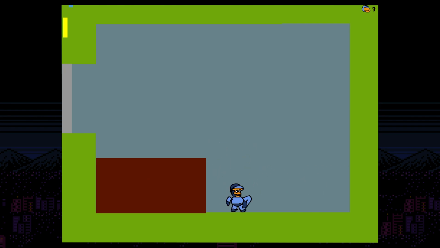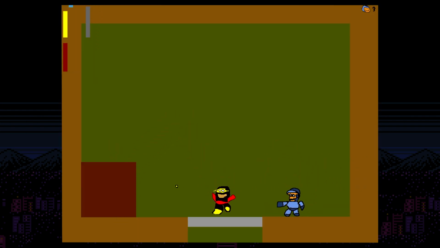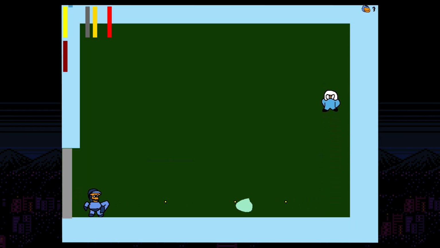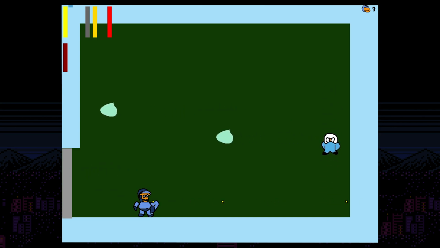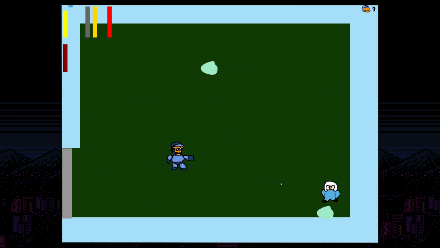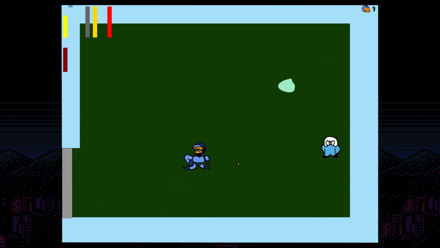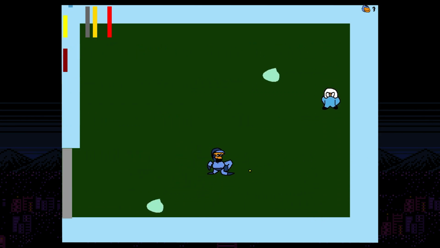Cutman is just like the original and super easy. Lect Mem has a hiding spot in his boss battle for some reason, and Ice Mem is literally just a one-to-one replica of Ice Man from Mega Man 1, and I honestly have no idea how they coded this battle so perfectly. But trying to figure out whether or not you landed a hit can be difficult sometimes because there